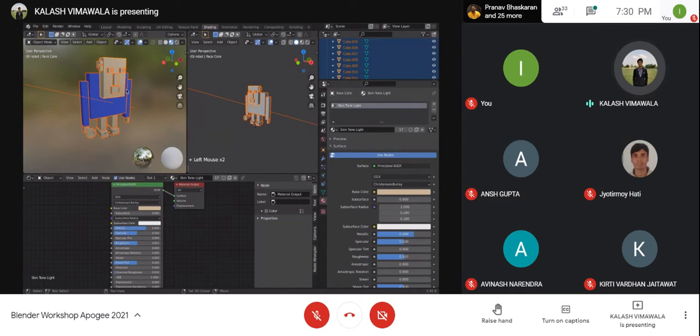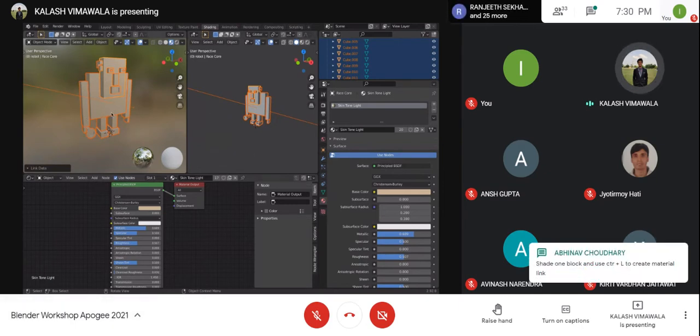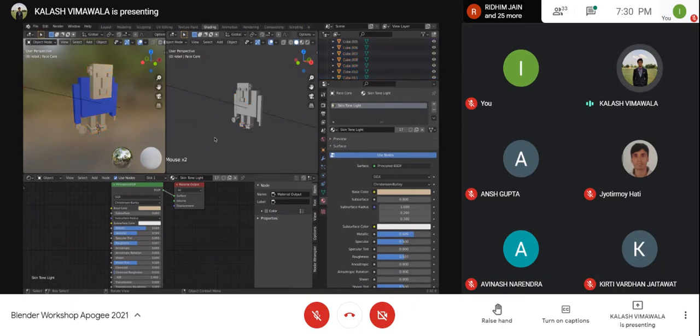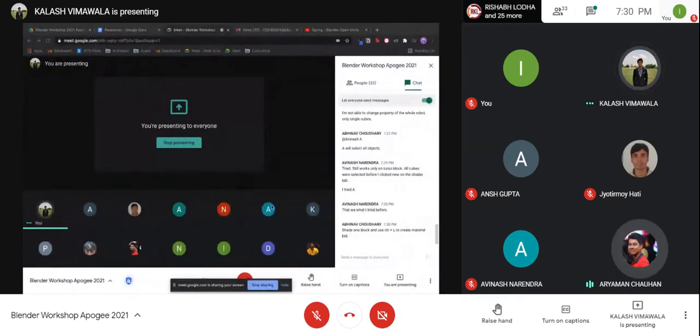If I finally select the skin tone light object, press Command L and link all the materials, only then will you observe the changes in all the materials. Otherwise you won't. So I'm just undoing that for now because I want to keep the difference that I've worked on the torso.